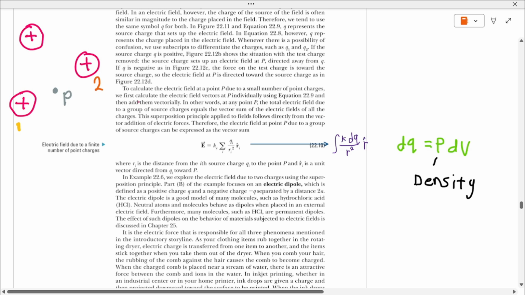From source charge 1, the electric field at point P would be directed this way. From source charge 2, the electric field would be directed this way. And from source charge 3, the electric field would be directed this way. And so you take the vector sum, that means you split each vector into horizontal and vertical components and add